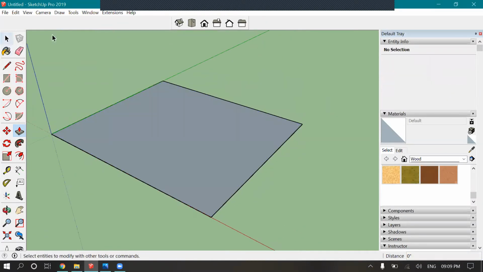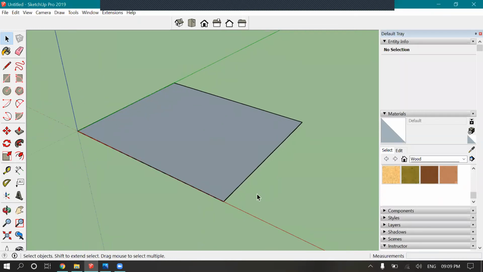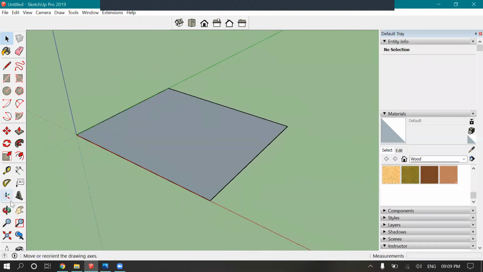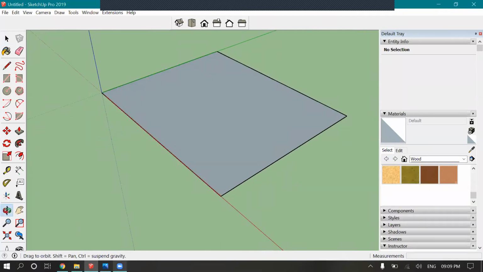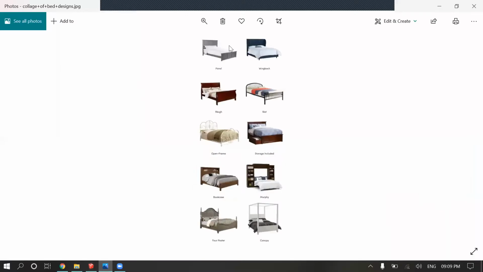In architectural work you will obviously be using feet and inches, and in civil works you will be using mm. And the third rule is do whatever you want. That's up to you, because you need to present it finally. So whichever unit you are comfortable with, you can do it in any unit. That's up to you.